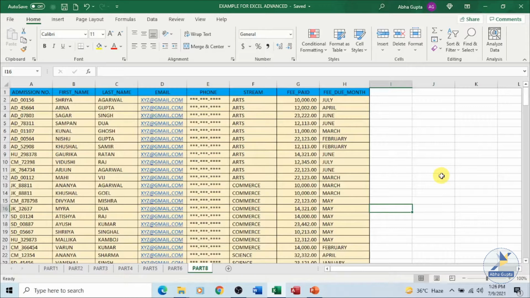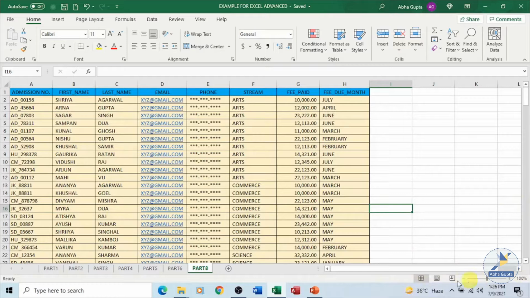By default, when you open an existing workbook or a new workbook, the view which is available for you is the normal view. If you look at the status bar over here, we have discussed in the very first part of the Excel course for beginners, that on our status bar we have different kinds of view buttons available.